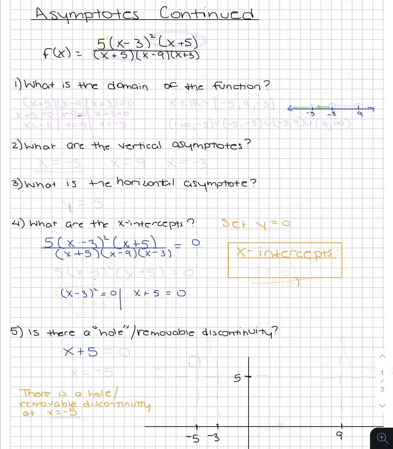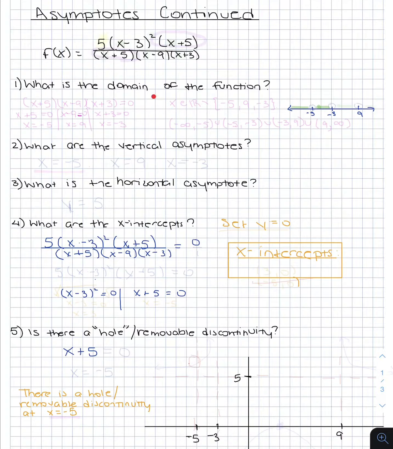What we can notice by looking at the function is that the function is already completely factored. So we can actually determine a few things. If we look at the domain of the function, remember, that is basically all the restrictions of the function. So we want to think about what kind of restrictions this function has. It's in fraction form, and what we know about fractions is that the denominator cannot be 0. To look for the values of x that make the denominator 0, we have to actually set the denominator equal